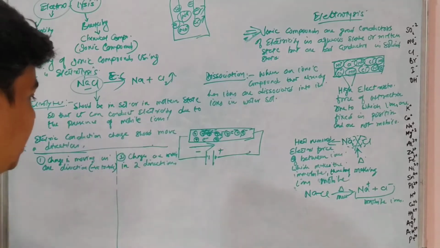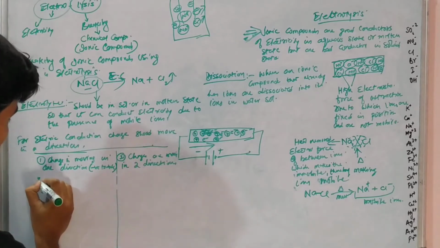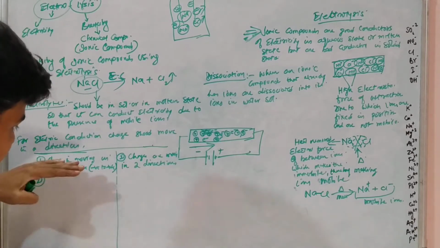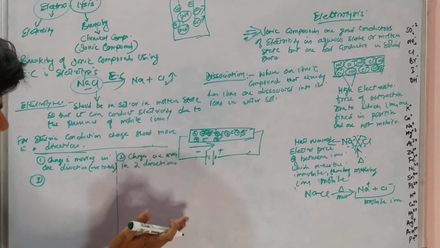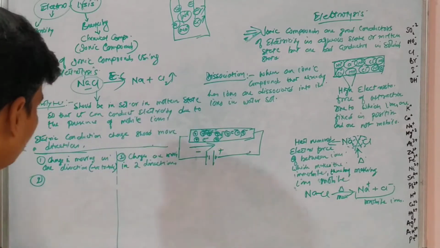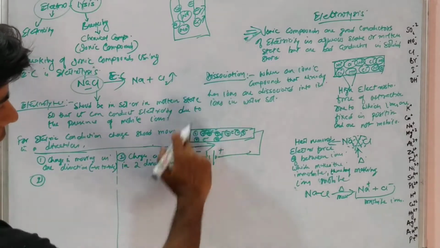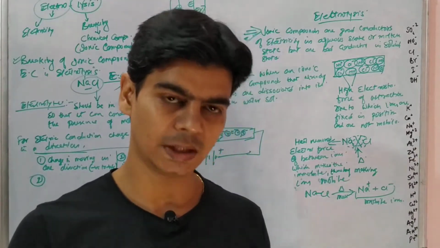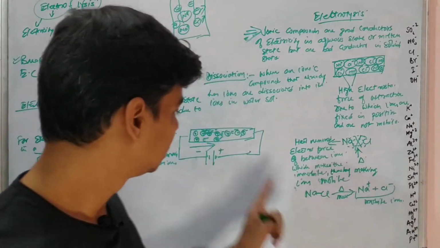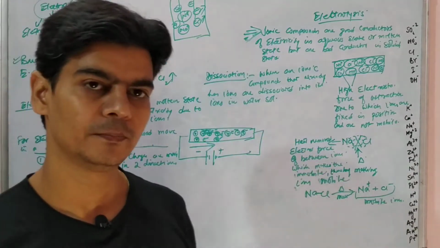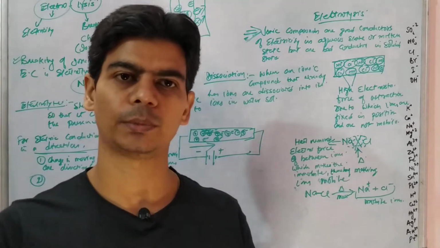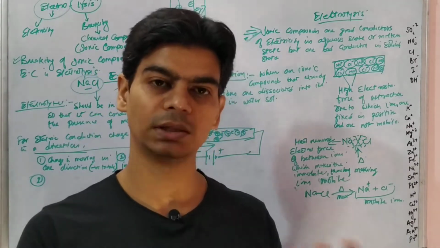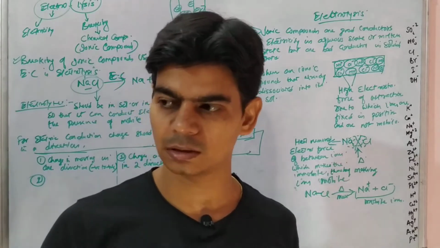Here charges are moving in two directions. Second point is charge is moving in this is metallic conduction and this is conduction of ionic compounds. So we know that this conduction that we discussed here, this is the property of metals. Why we say it's a property of metals? Because metals have tendency to lose electrons. The electrons that have started moving are from metals, and it is the property of metals that they can lose valence electrons easily, which will conduct electricity.